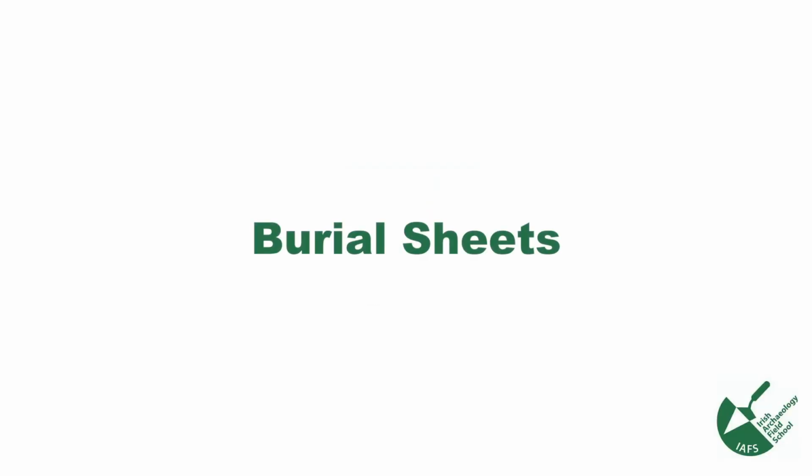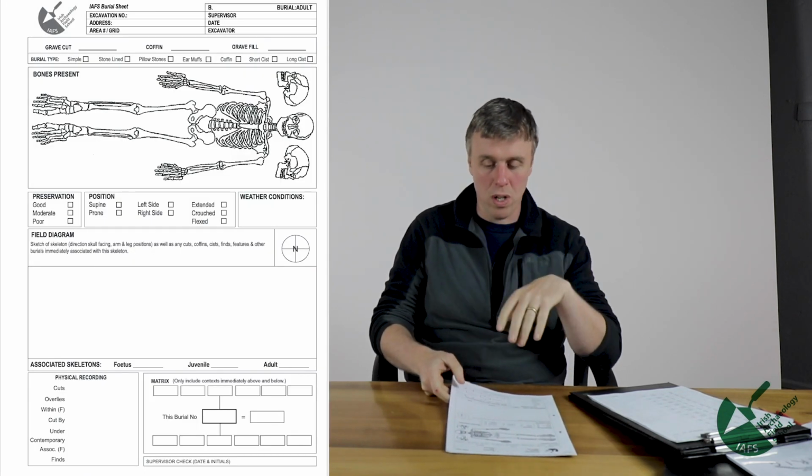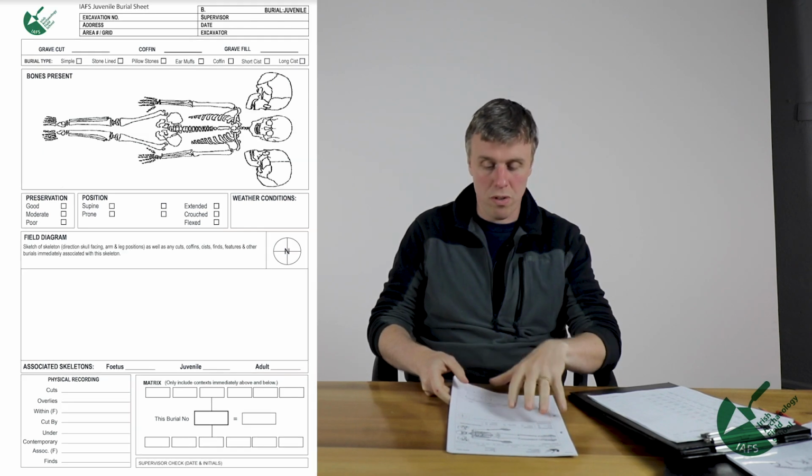The last sheet we're going to talk about briefly, we don't really call it an archaeological sheet, but it is a recording sheet, is for burials. So there's actually three subcategories. There's an adult, there's a juvenile, and there is an infant. And we'll get those to pop up on the screen so you can have a quick look. We're only going to talk through one of them. We'll talk through the adult.